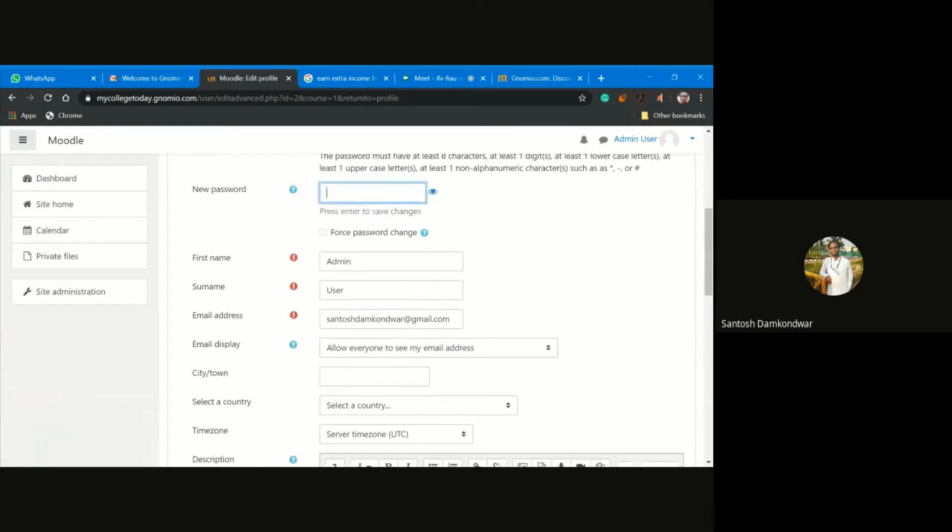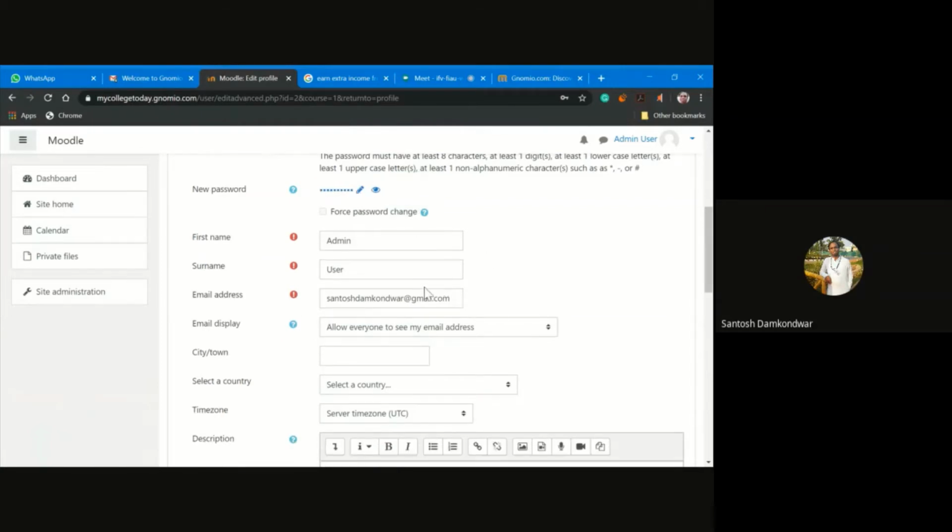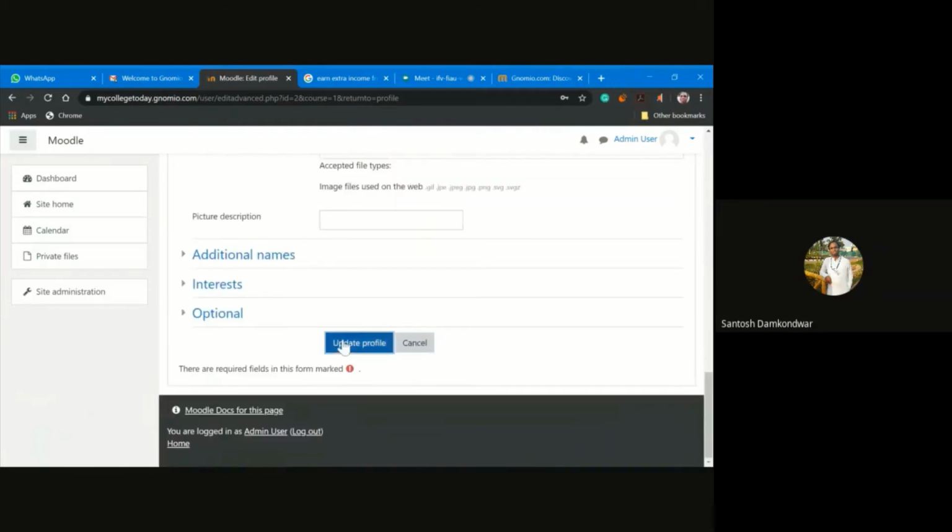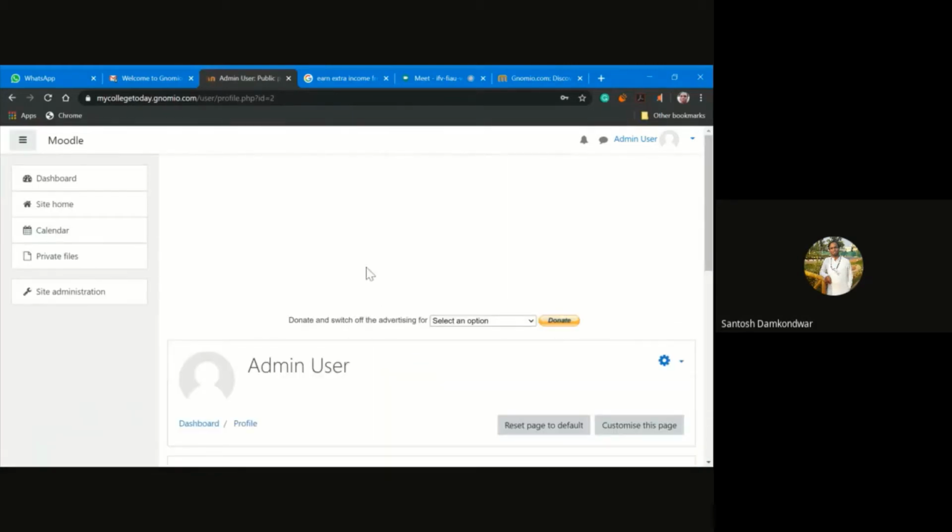So here I'm putting my password, and accordingly my password will be updated. So we can update the password and come to know our password from our side.